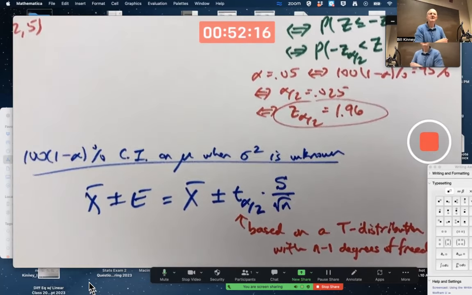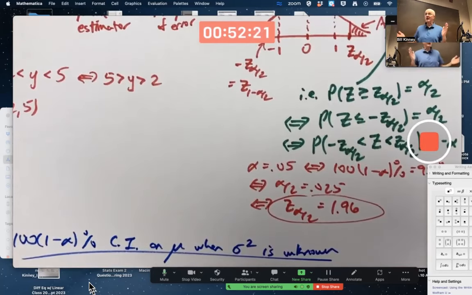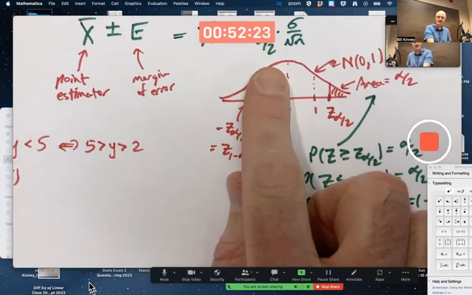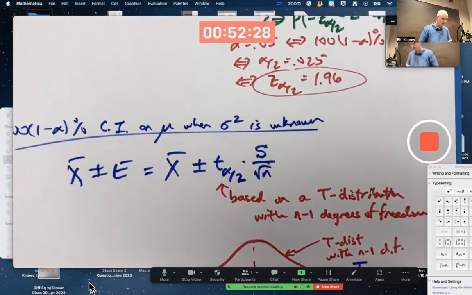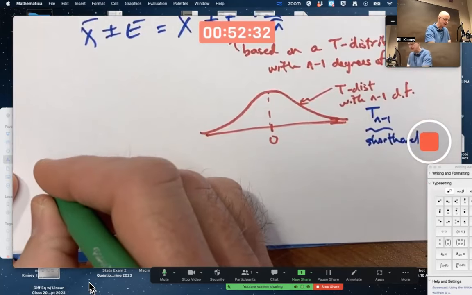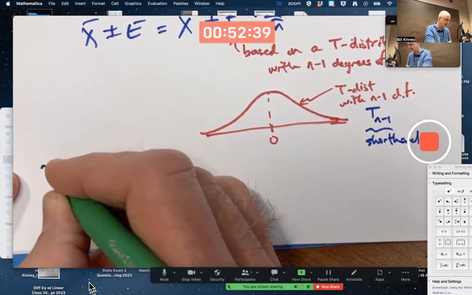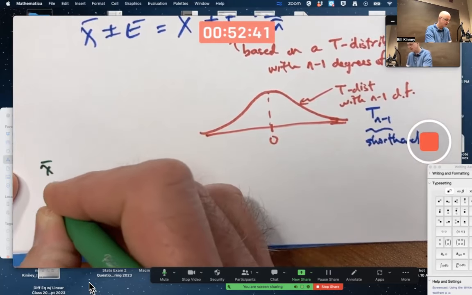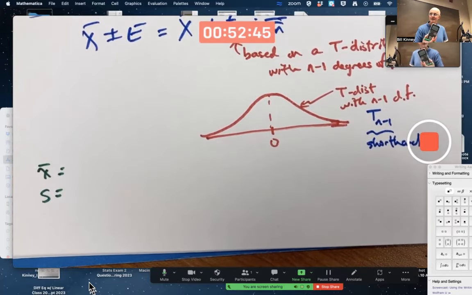How could you be 99% confident instead of 95% confident? Get a bigger interval. Use a bigger value of Z or T. Let's take an example. Maybe you got data. I'm not going to take the time to do a data example, but you have homework problems with data. You got to plug the numbers in your calculator or a spreadsheet. You got to compute X bar. Let's say you also compute S. The calculator will show you S when you do the one variable stats.